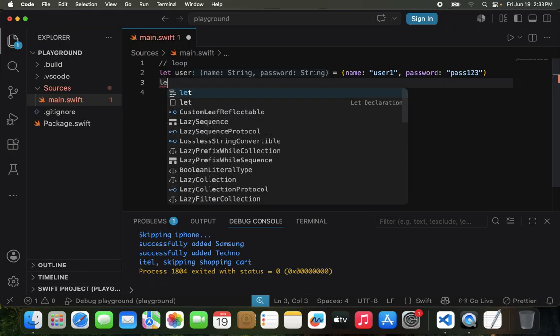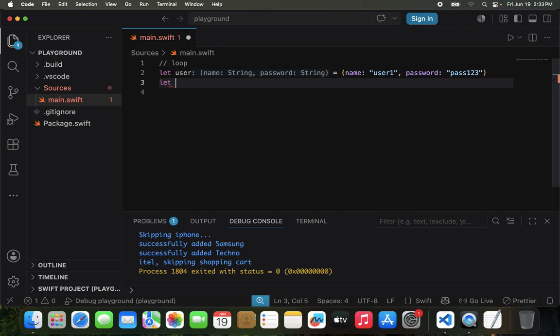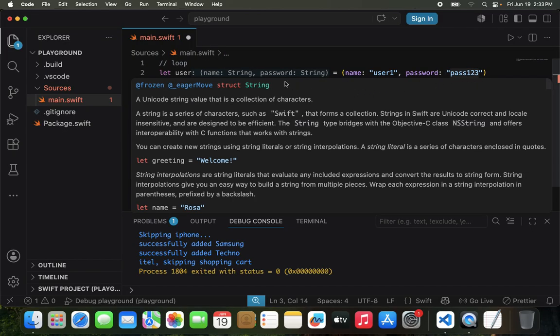I could do let alter equals... so this is a tuple, right? And then Swift is automatically inferring the type for us, the type of the data we have inside our tuple. So it says name is string, password is string, as it should. Now let's look at